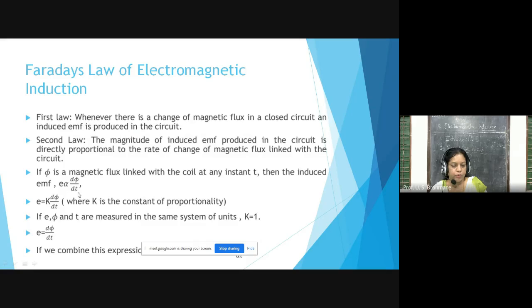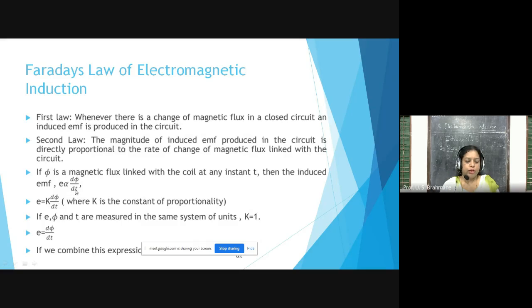E is proportional and induced EMF is produced, isn't it? Because of the current, induced EMF is produced, and that is E is proportional to d phi upon dt. d phi means magnetic flux, the number of magnetic lines. And the second law, then we have,